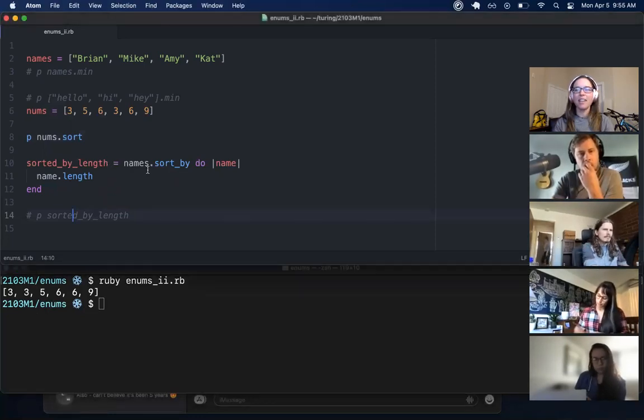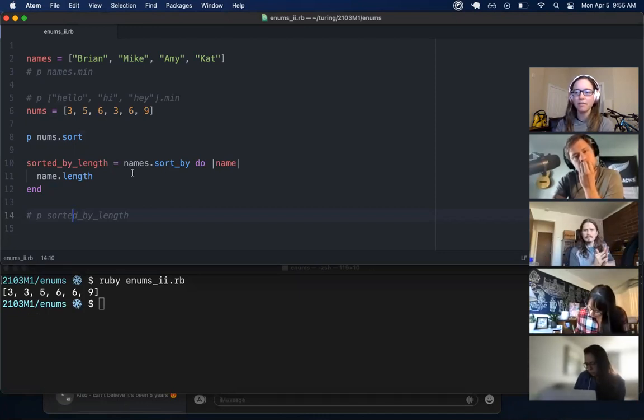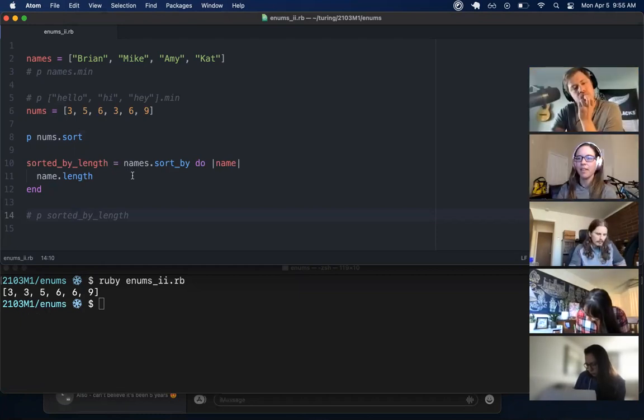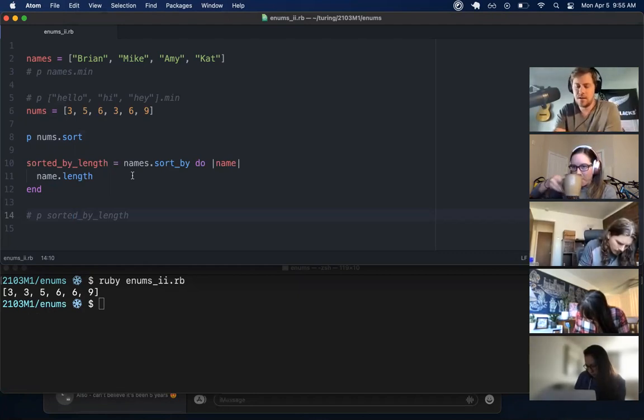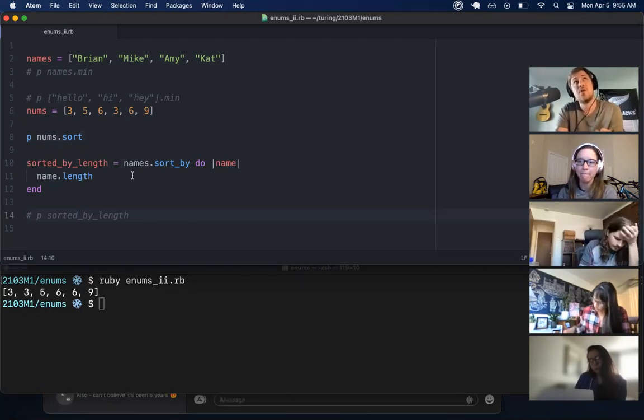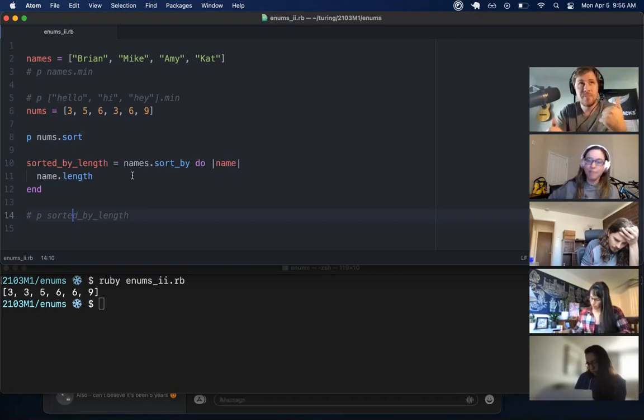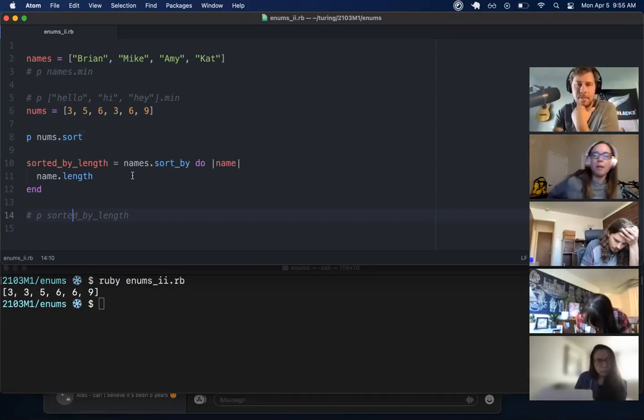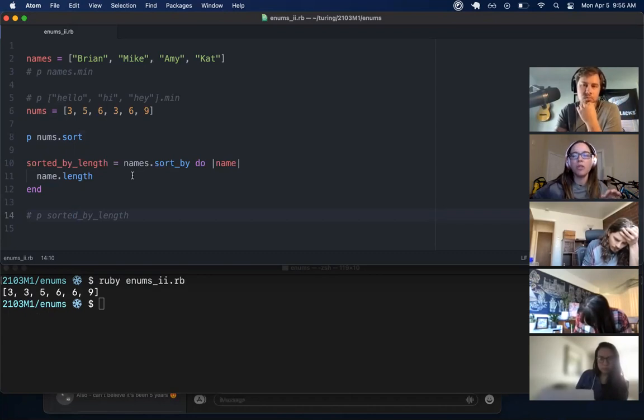Okay, and then sort by allows you to sort things by a specific characteristic. Yeah, Jameson. Is it fair to say that given an enumerable with like an underscore by, you're not necessarily trying to give it a truthy block value? It's just, as you said, a characteristic that you're trying to manipulate the output. Yes, correct. So anything like sort by, max by,